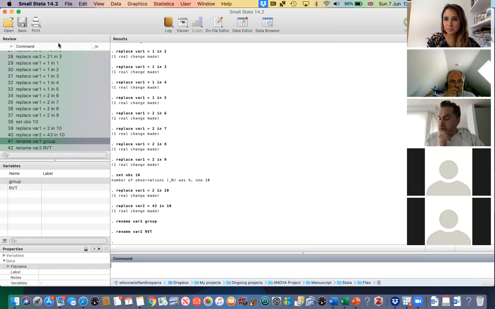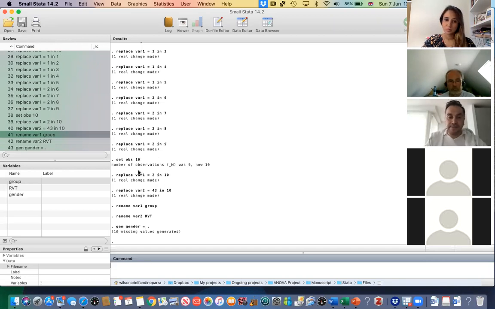So what else? You can generate some more variables. As I said, there's a command called generate. You don't need to type the whole word, just generate. For example, generate gender equal to point. And then